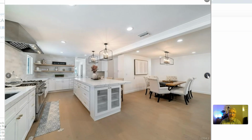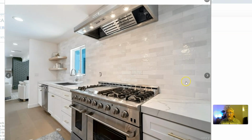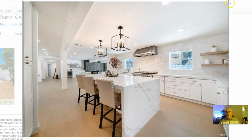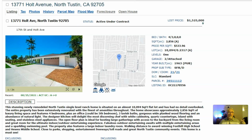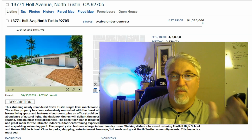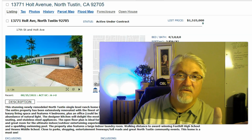And this house does have a pool. I will tell you that because I know that's the case. But yeah, look, it's all marble, or it looks like marble countertops, designer stove, all that stuff, right? So this is important to note because wait a minute, this house is $345,000 more for fewer bedrooms, fewer garage,